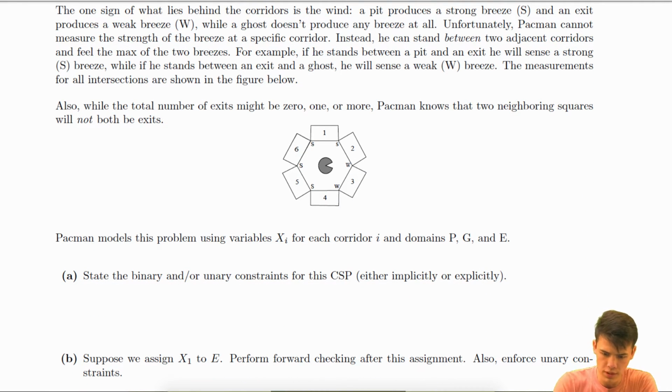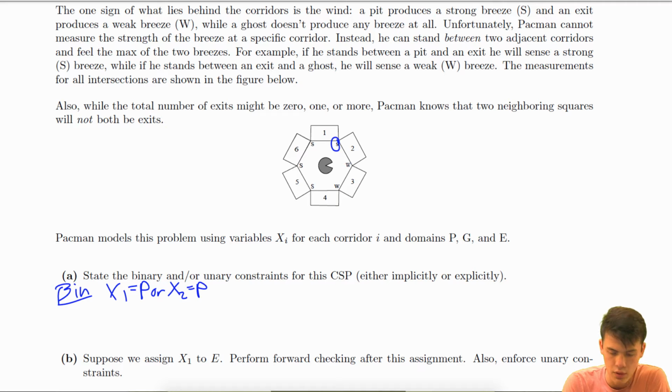So maybe let's start with this S here between corridors 1 and 2. If we see an S here, so we have a strong breeze there, then we know that at least one of corridors 1 and 2 has to be a pit. Otherwise, we wouldn't be able to get a strong breeze there. So this is going to be a binary constraint, and let's call it x1 equals p or x2 equals p, right? Because this correctly captures the intuition here that one of these 2, or maybe both, has to be a